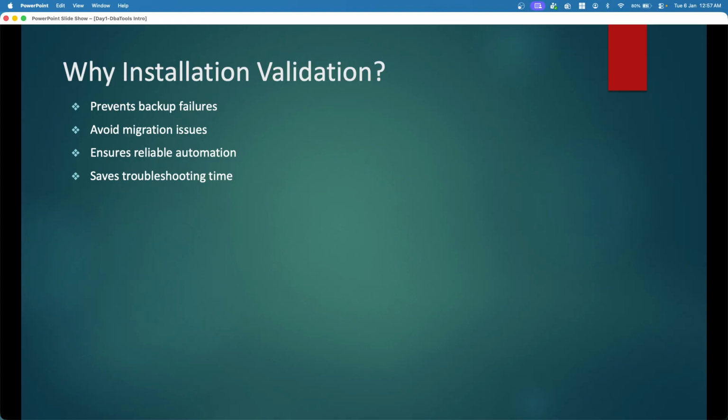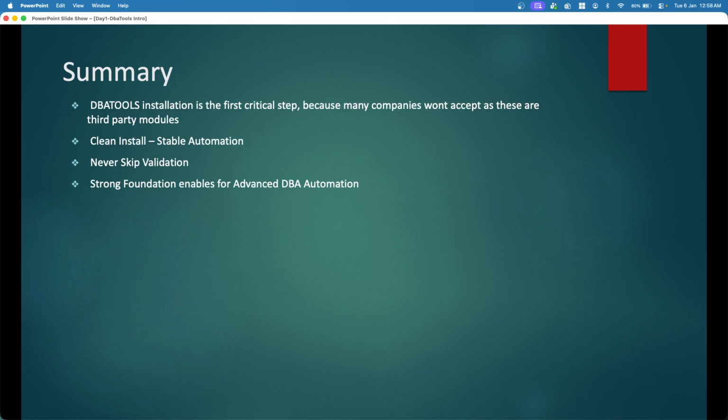And whenever we are performing any migration, to avoid migration issues, we have to verify the count. And to perform reliable automation, we have to verify whether all the commands, all the cmdlets, all the functions are imported or not. If we have verified that, it saves our troubleshooting time as well, right? And the overall summary of this session is that dbatools installation is the first critical step,